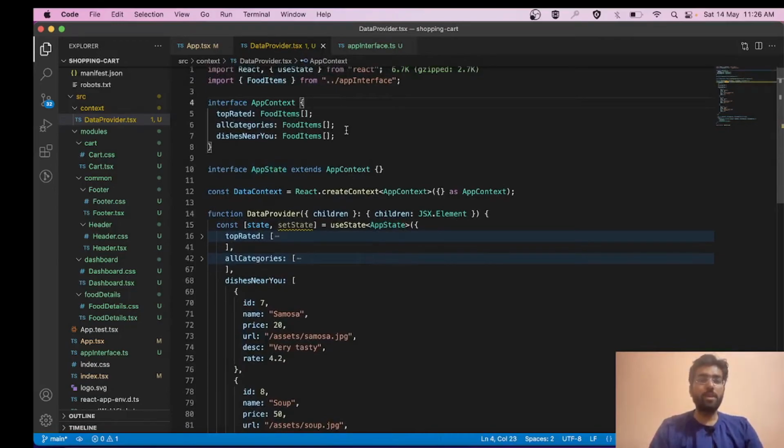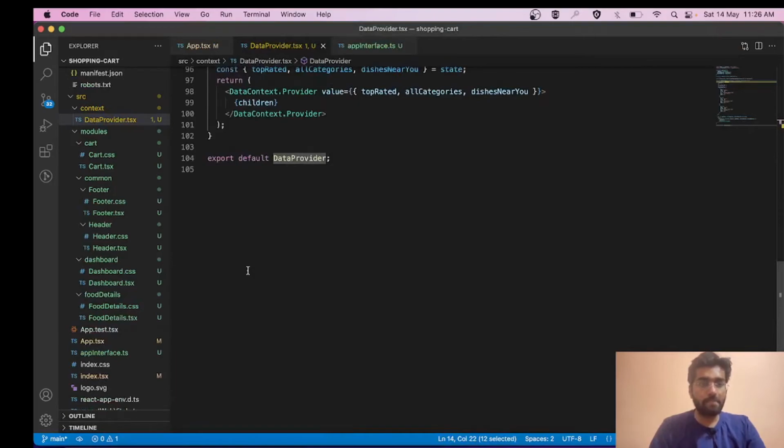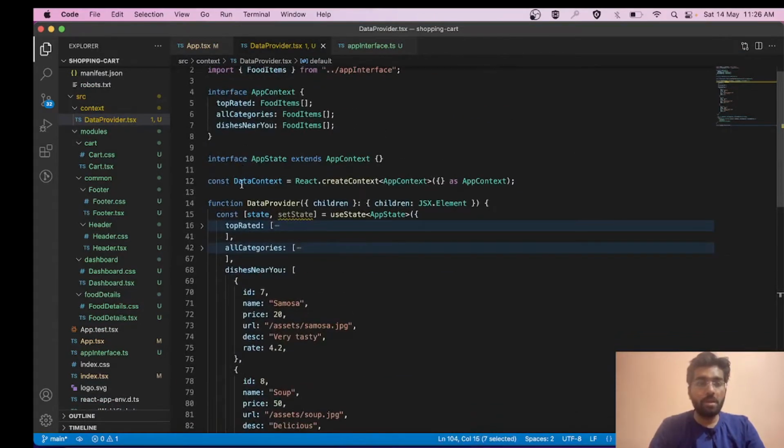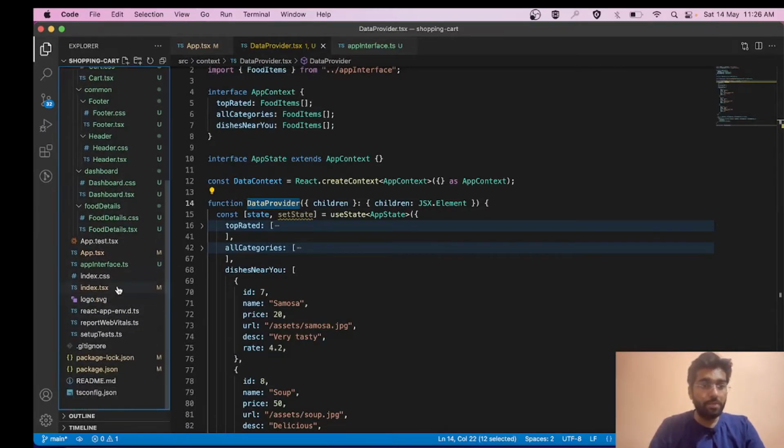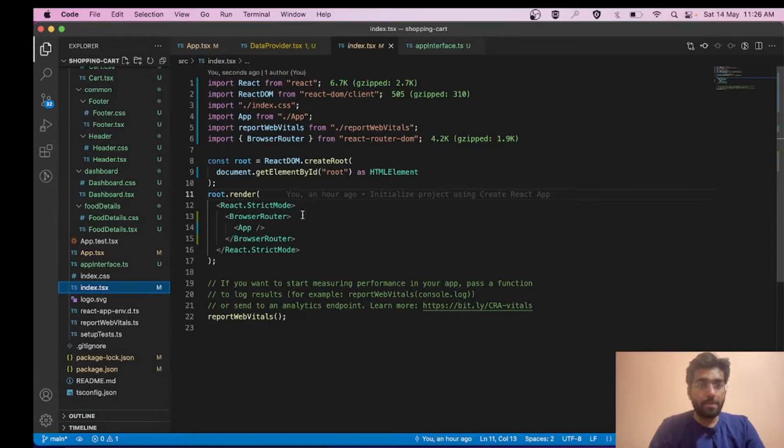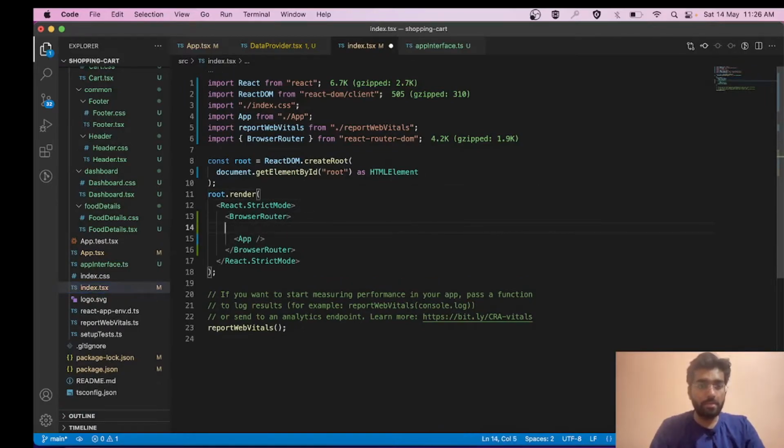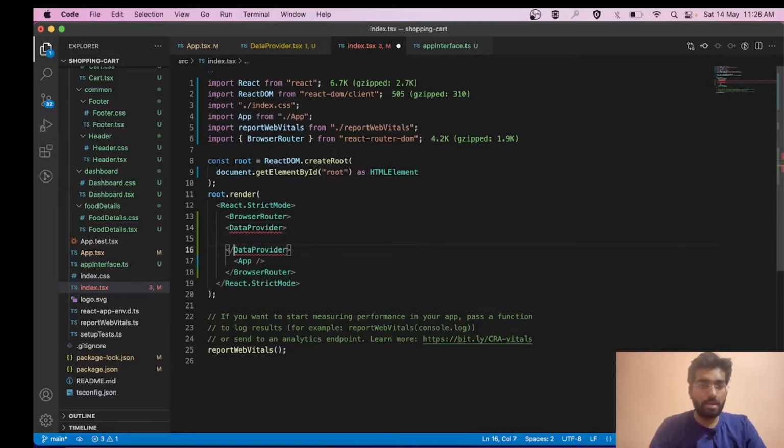Okay, so we have to do one thing. First of all, let's export this data provider also. Okay, it is already exported over here. So we can simply copy this and paste this over here, data provider, like this.